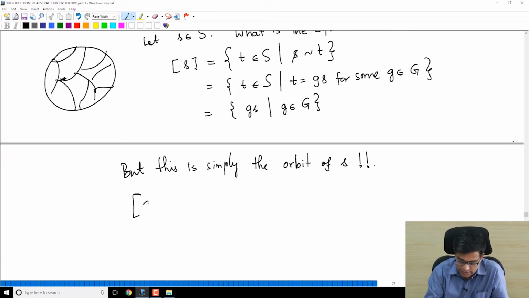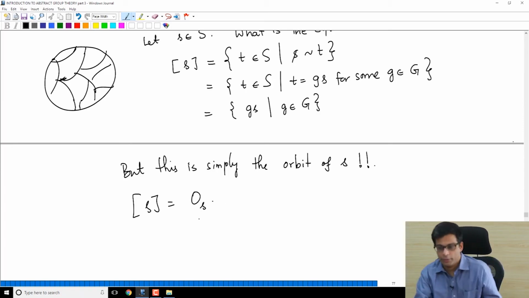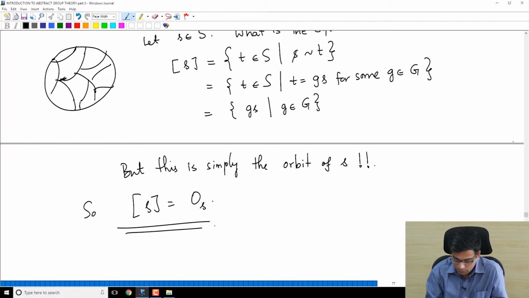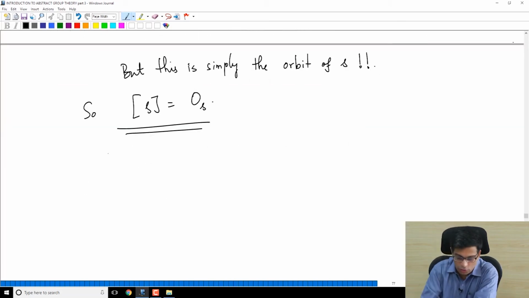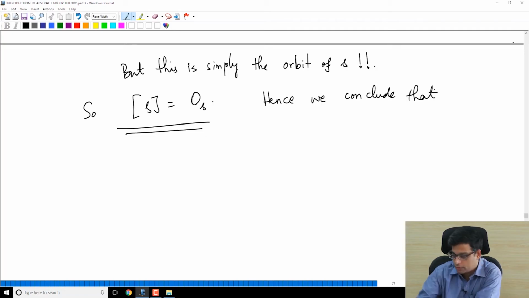So the equivalence class of an element, in the notation of the last video, is precisely the orbit of s, right? So we have the orbit of s, remember, is exactly this set. It is where s travels under the action of G. So equivalence classes for the relation that we have defined today are simply the orbits. So we conclude, hence after all this, we conclude that,